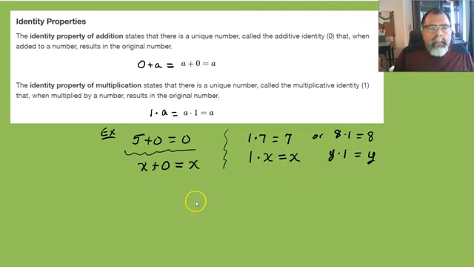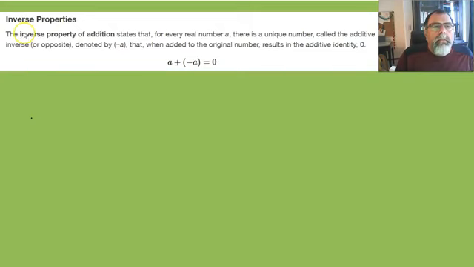Alright, so that's the identity property. The identity for adding is 0. The identity for multiplying is 1. You should know that. The inverse property of addition states that for every real number a, there's a unique number